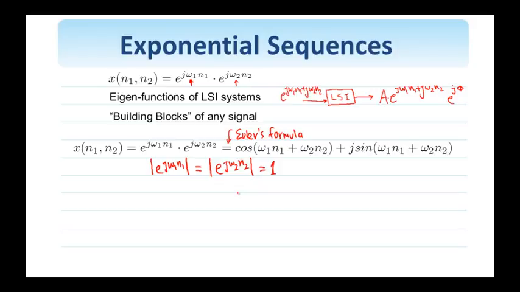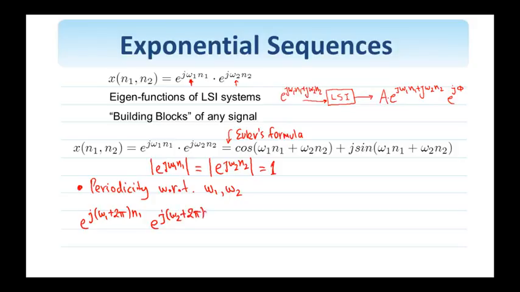The first question we want to address here, the first property we want to examine, is the periodicity of these complex exponentials with respect to the frequency, omega 1, omega 2. As it's straightforward to see here, these complex exponentials are periodic with respect to frequency, with period 2 pi in both directions, 2 pi in the omega 1 direction, 2 pi in the omega 2 direction. So if we simply write e to the j omega 1 plus 2 pi n1, e to the j omega 2